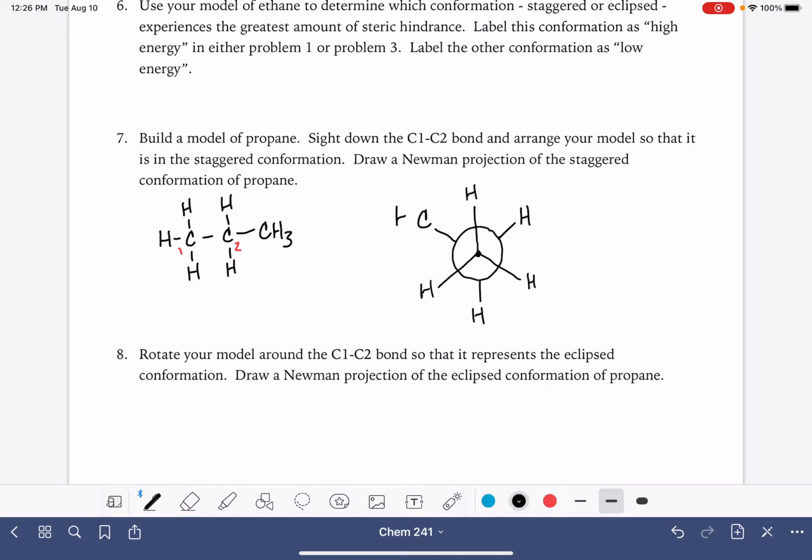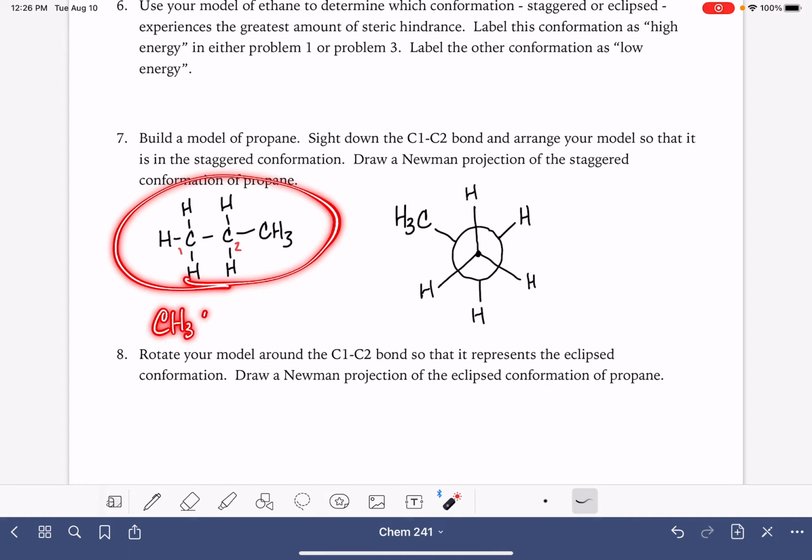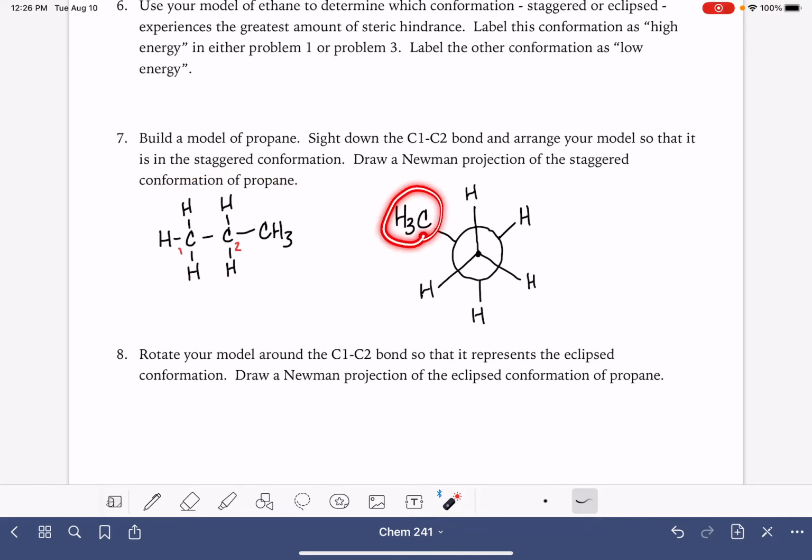Why am I writing it this way? Kind of like the way that we draw condensed notation when we are writing substituents, like a methyl group in this case, coming off of a bond. We do tend to try to follow the order in which the atoms are actually bonded together. So if we were to expand this, if we were to draw it out like a Lewis structure, we would draw it like this. The carbon, which is actually attached to the rest of this Newman projection, is why we choose to write it sort of in a backwards way, just again because it's more reflective of the true